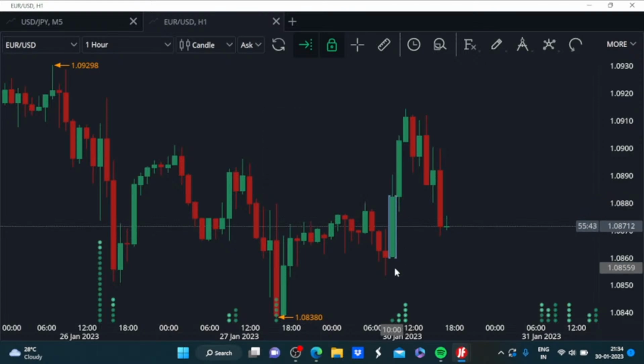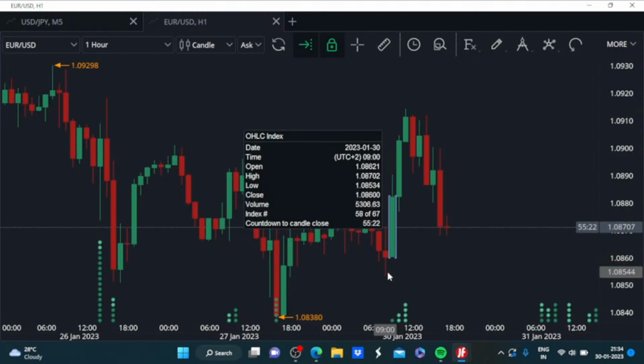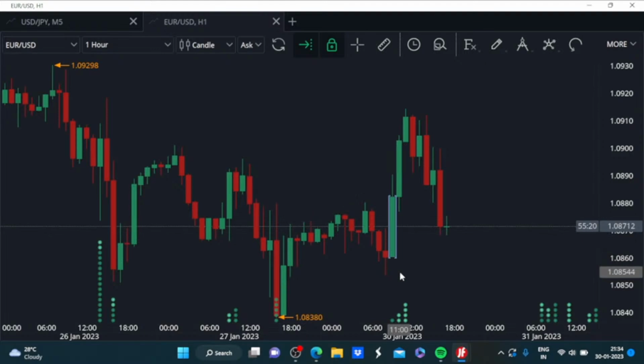and we can utilize the low formed during this morning star formation as the immediate line to define the momentum. So as long as price remains above that, you can be quite hopeful, quite confident of the momentum being on the bullish side. So this is how you can utilize this morning star formation, which is quite an easy to understand concept